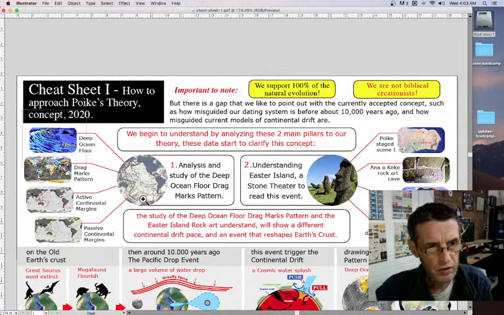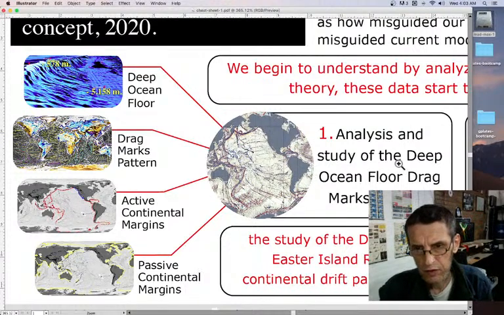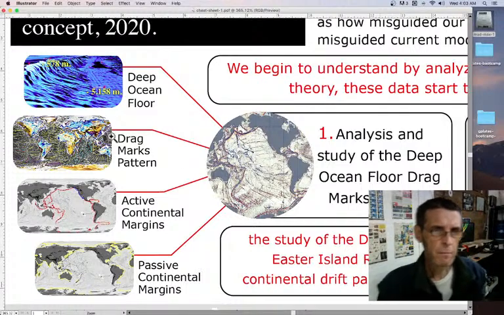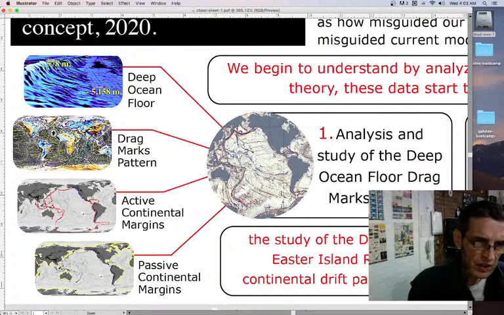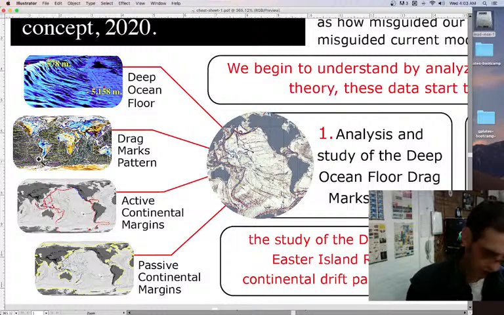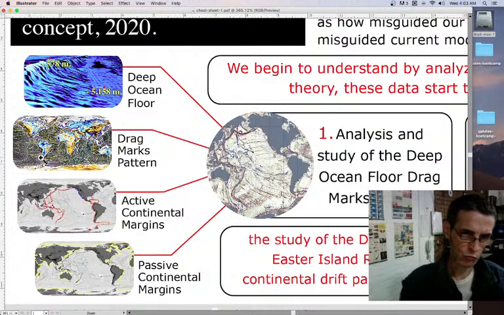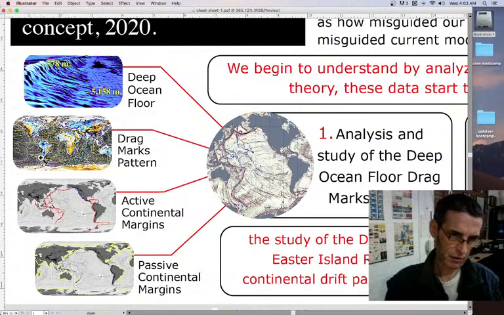Through the study of the drag marks pattern on the deep ocean floor, we understand that there is a different pace to this continental movement. They happen in action, and the tracks overlay each other in a way that can only happen if they had to do it all together, like a big cake